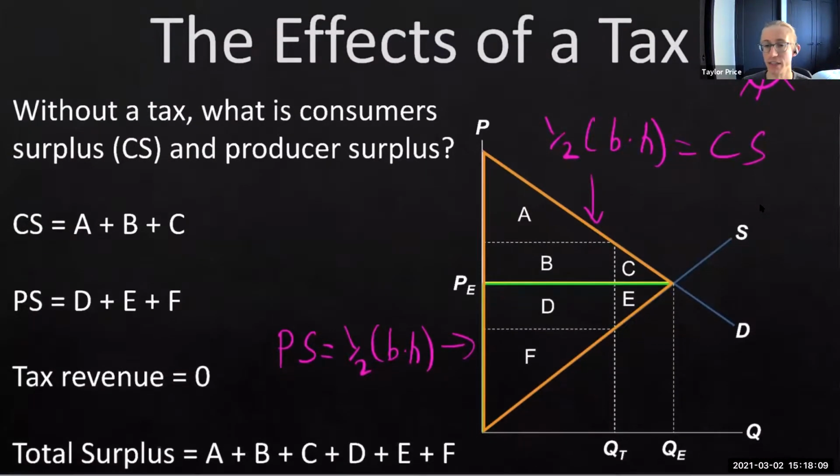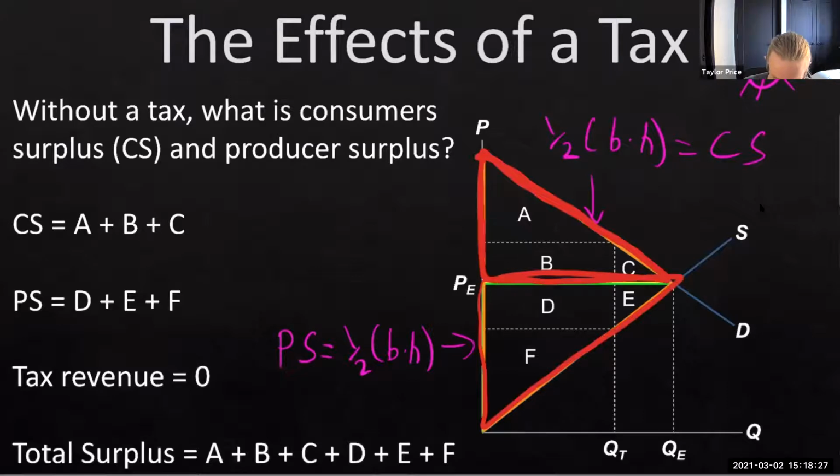So in this simplified example, without the tax, we can see here that the consumer surplus is the upper triangle, so the ABC, and producer surplus is the lower triangle, or DEF. So normal without the tax. Now with the tax,